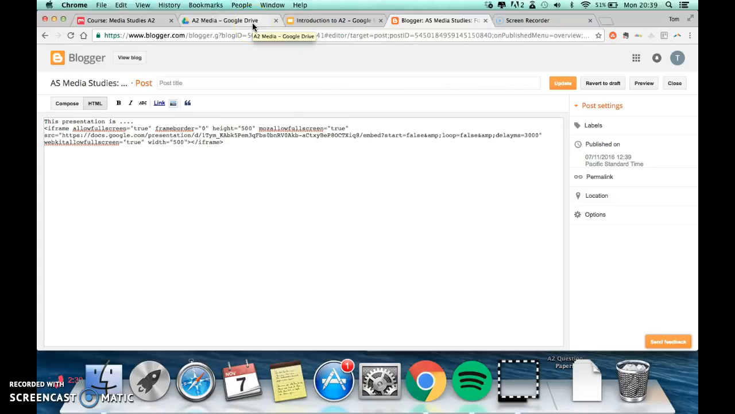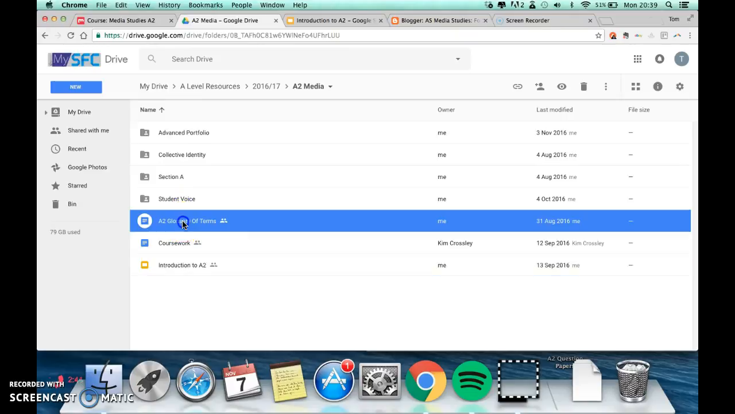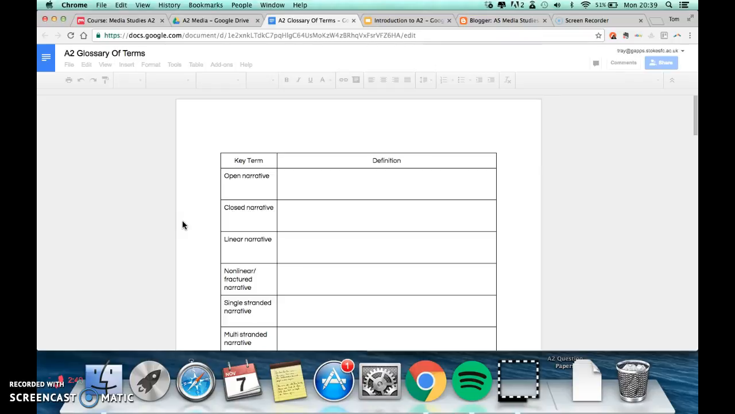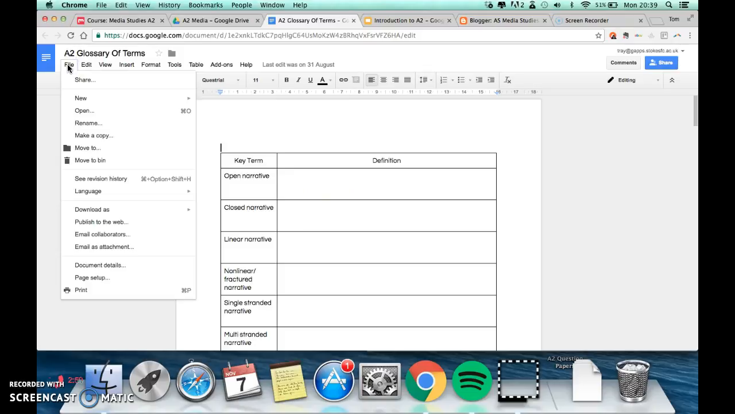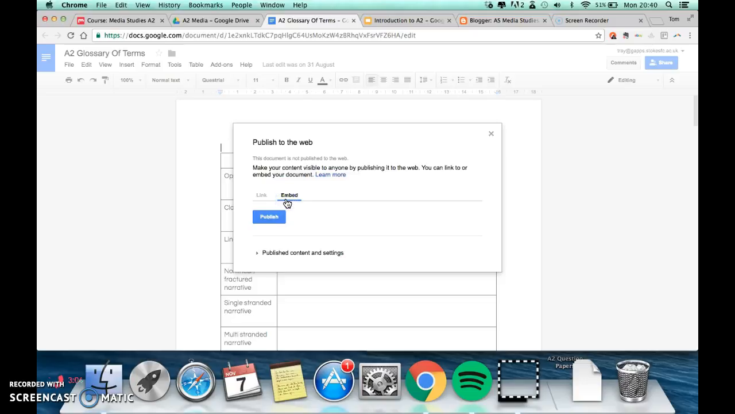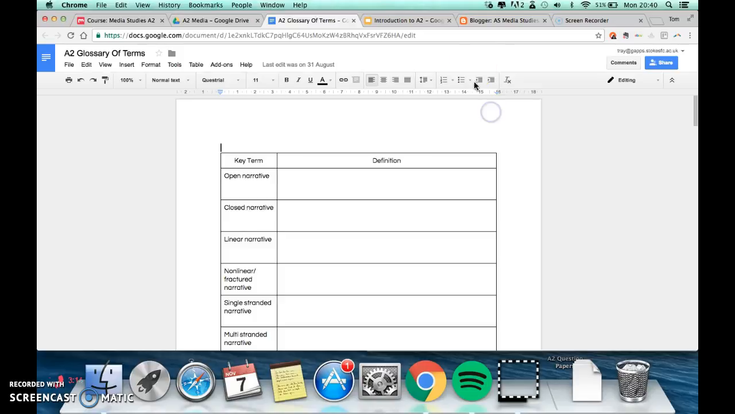What you also need to learn to do is how to embed documents, Google Docs. So this is a little bit different, it's a little bit more tricky, but it's still relatively easy. So I'm just going to embed this into my blog. Again, this is just an example. You've all got your own work that you need to embed. So very similar. File, Publish to Web, go to Embed, and then click Publish. Okay, same steps as before, and then you copy that,